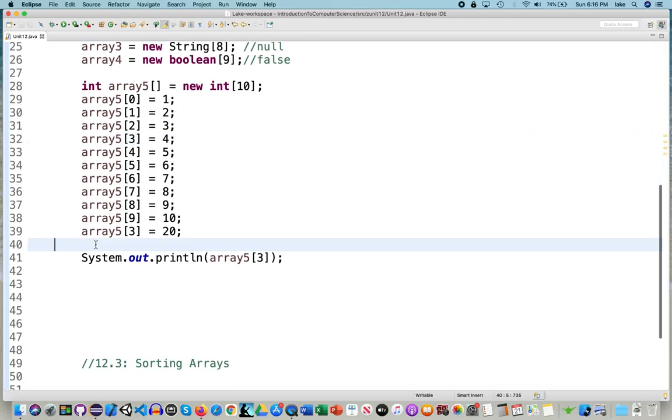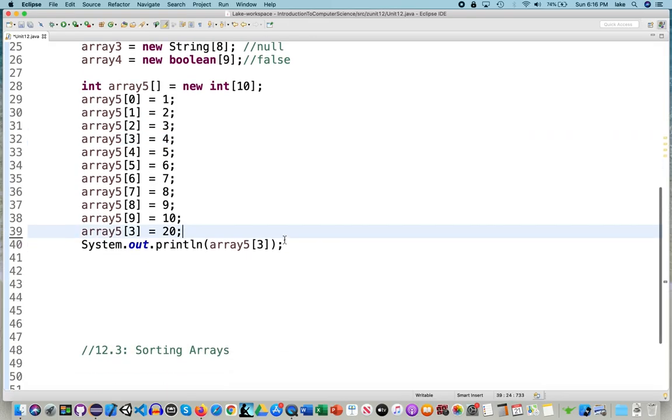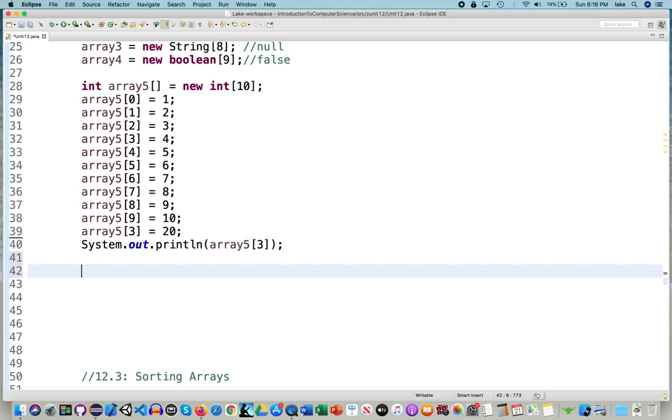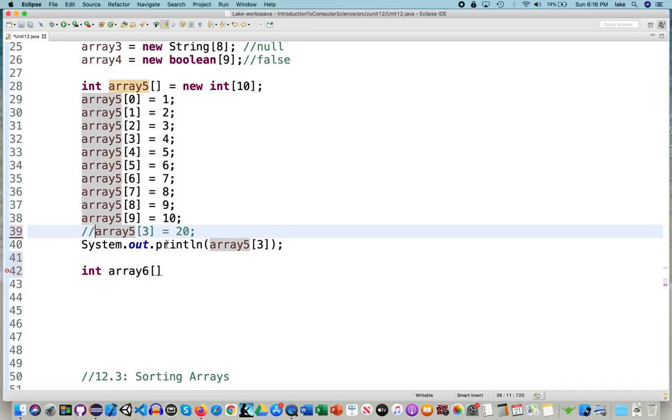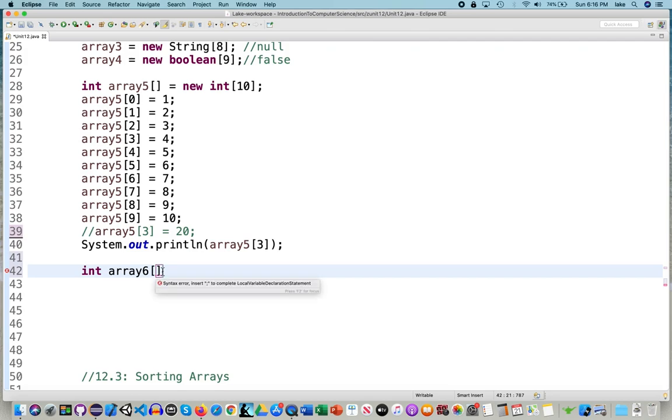Told you there are 4 ways, so let me just keep adding. I'm going to go to array 6. Int array 6. I'm putting in the same values here. Let me go ahead and take out this 20. I don't want to change that spot. So I'm going to say array 6. I'm going to set him equal to new integer